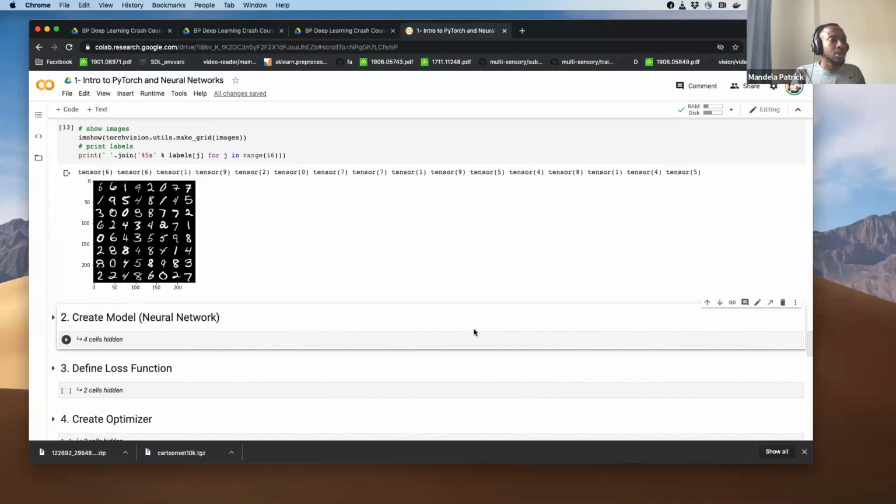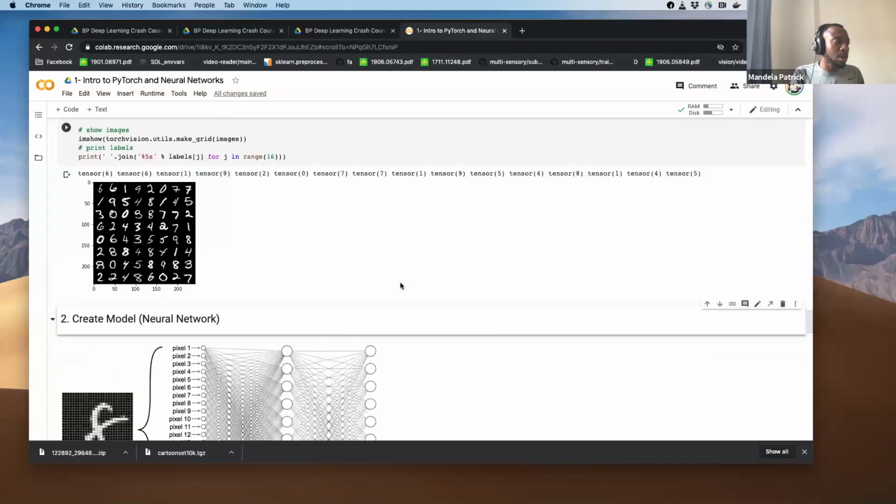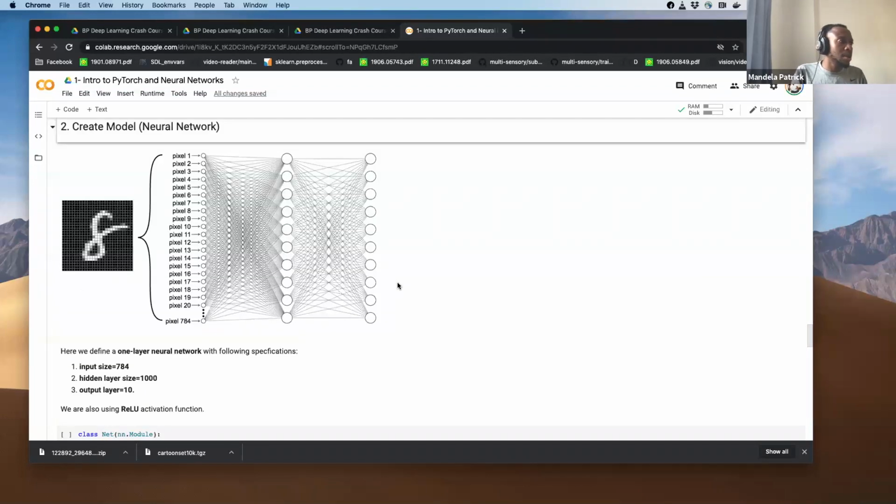So after we've defined our dataset, we need to define our model. And this is similar to what we were looking at earlier. We have our input layer, which in this case has a neuron per pixel. The image is 28 pixels by 28 pixels, so we have 784 total pixels. Then we have one hidden layer, and then we have our output layer and our output per example.